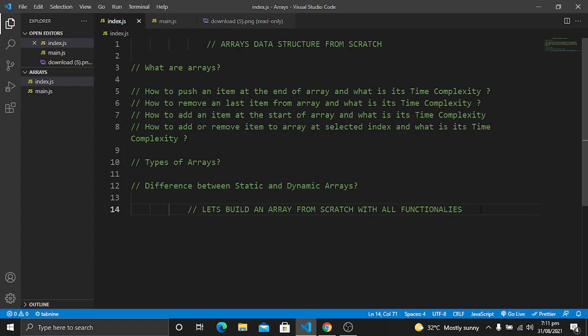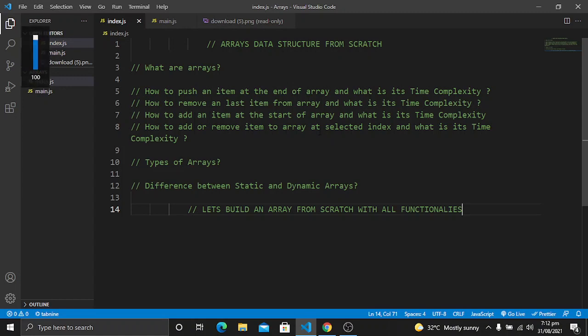So in the last part, what we will do is we will build an array from the scratch. For example, in the first steps we will use different methods for all of these functionalities. Now at the end what we will do is we will build the complete array from the scratch, and we will build all of these functionalities from the scratch, and we will not use any of the methods to add an item or to remove an item. We will build all of these methods from the scratch.